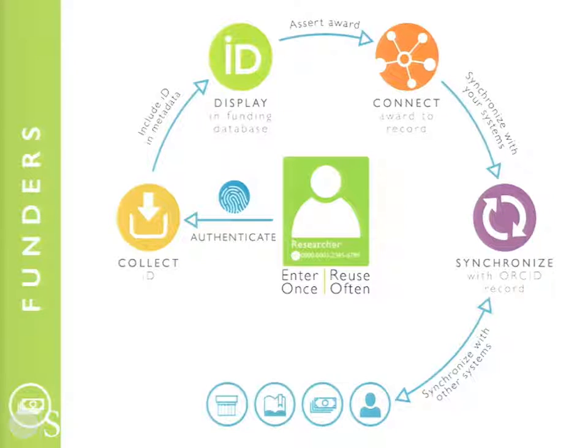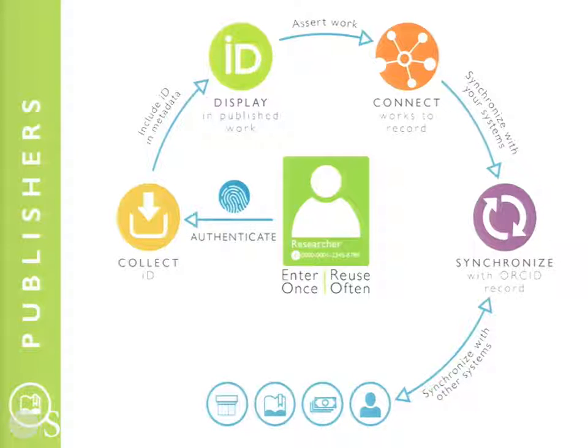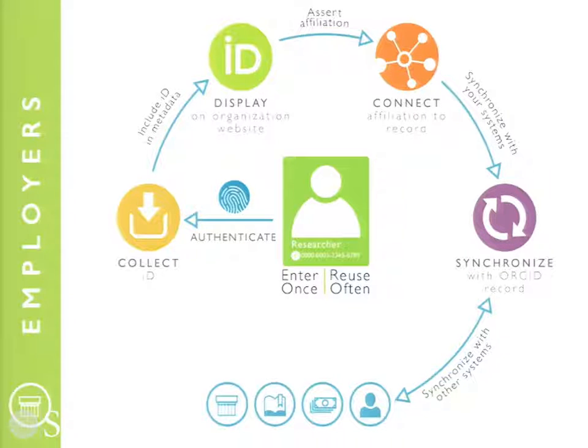and the information flows through to the other systems that the researcher's using. And the same thing happens with publishing. Broadly, I think Laura's going to talk a little bit more in a minute about the DataCite auto-update with ORCID, so I'm not going to go into detail about that. Some of you will be familiar with the open letter that a number of publishers have signed in support of ORCID and committing to requiring their authors to use an ORCID iD when they submit a manuscript. And again, I think a couple of you in the room have signed that letter, thank you.